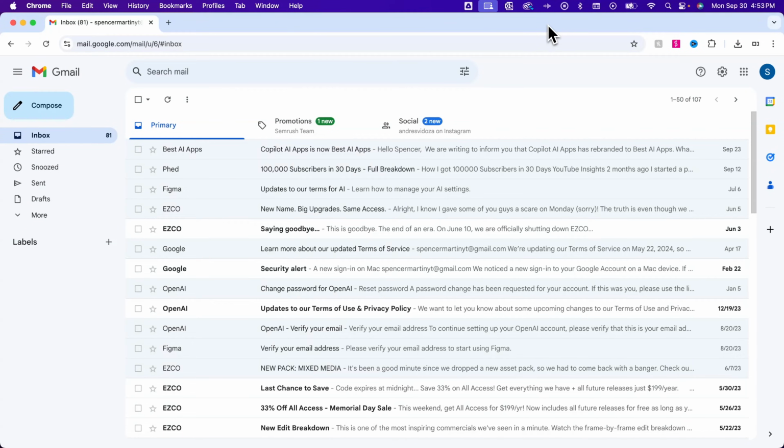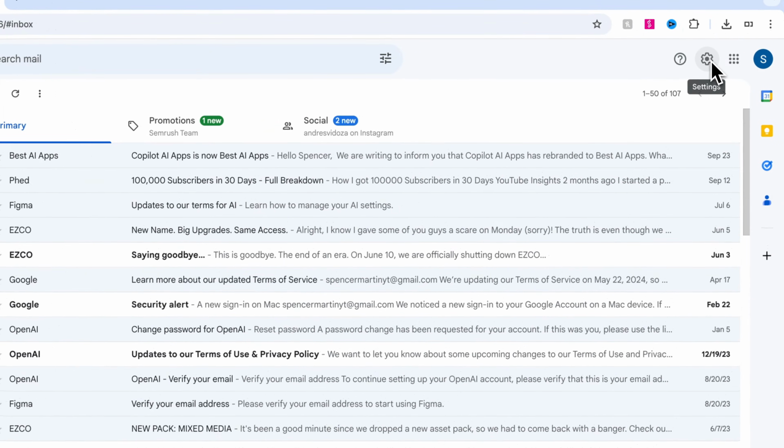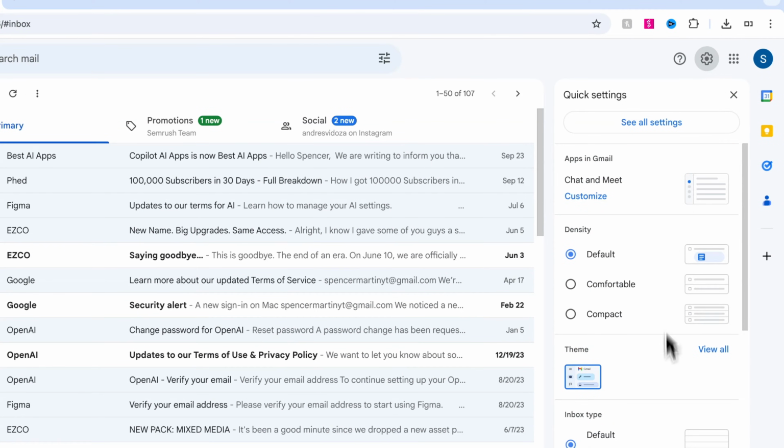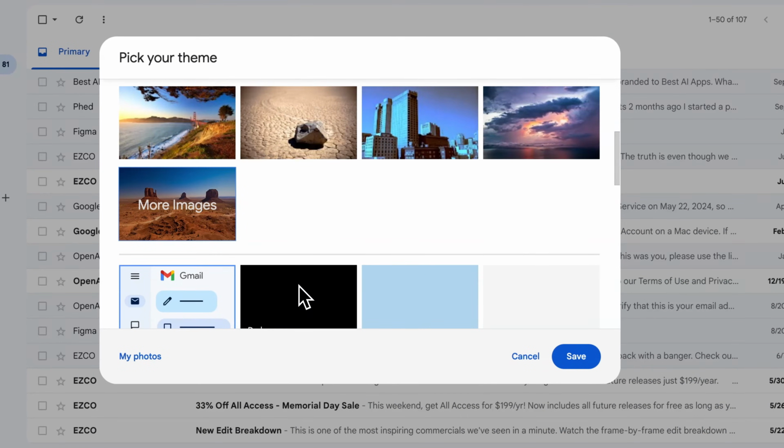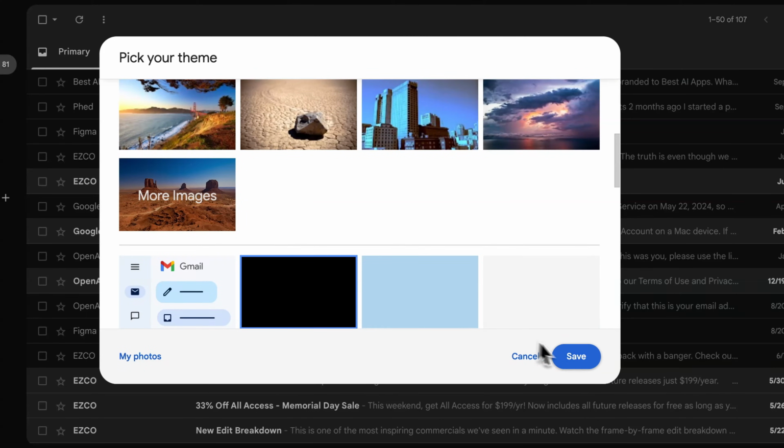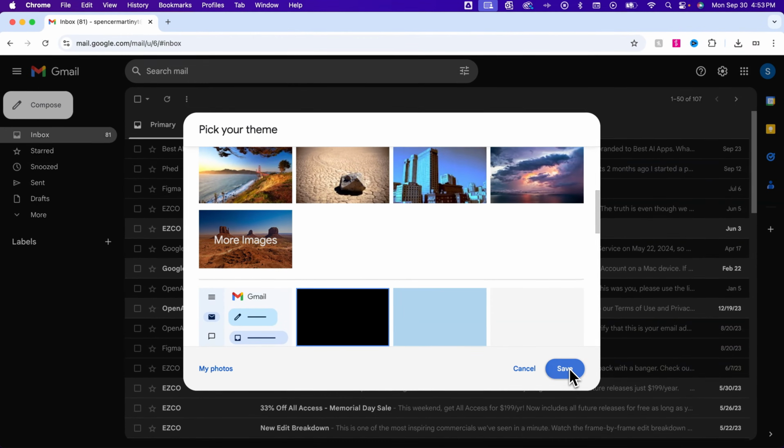In this Gmail tutorial, we're going to take a look at the Gmail dark mode. Now, a lot of tutorials will tell you to go to this settings icon and then go down to theme and view all themes and then select this dark background. But that doesn't really work because when you click on this and everything seems to be in dark mode, it's